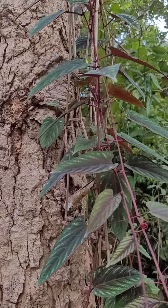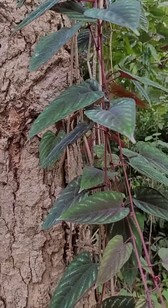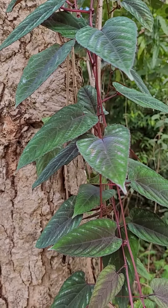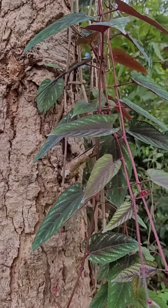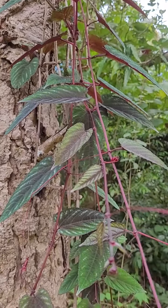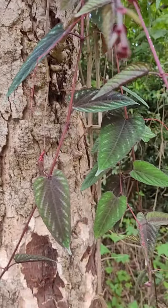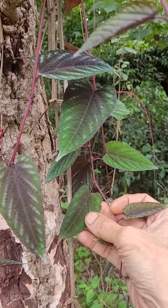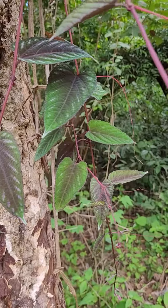Though in foreign countries, I've seen that it is gaining popularity in places like America. But our Indian gardeners are so hypnotized by these foreign plants that we don't even look at our local stuff. This is such a beautiful thing. Such nice coloring is there. Eminently